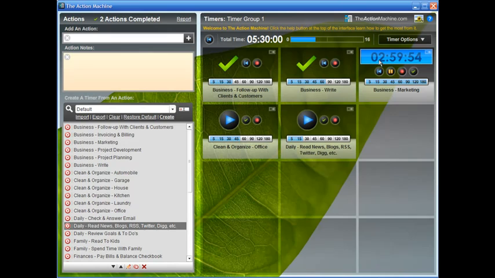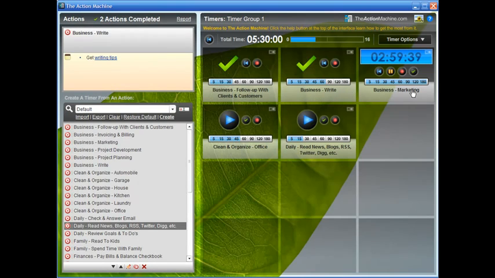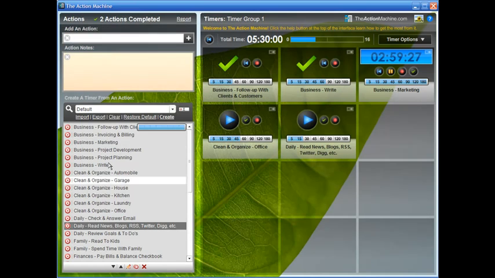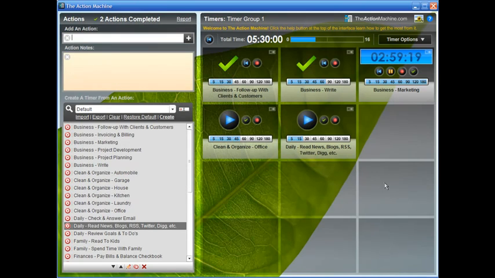Now, one thing else I wanted to show here is that as you move your mouse over these different items on the timer, you can see that the notes will appear over here, and if you click on one, you get the full notes. So I'll close that. If you click one of these white boxes under the timer, you'll get the full notes related to that particular action. And you can create your own actions here and add notes to them, and those will be added to the list. And these are saved whenever you close the program down, and this helps you to keep your day and the actions and all the things that you do organized,